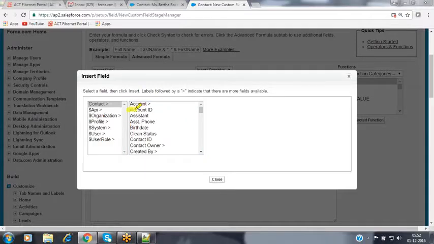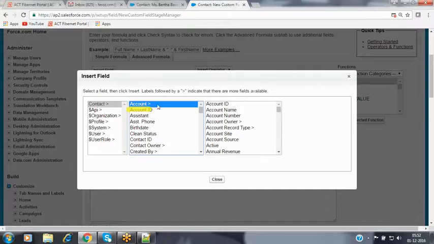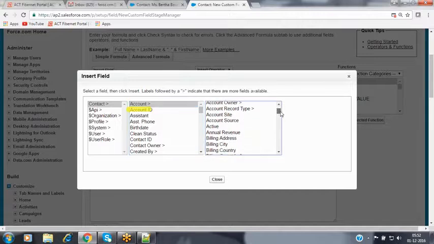So now along with these fields, it is giving some information here, like account. It is giving a greater than symbol, nothing but this contact is associated with an account. If you want to see the fields of account, then click on this link. When you click on that, in that account record, whatever the fields are available, all the fields will be getting populated.